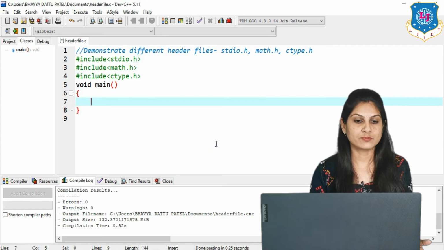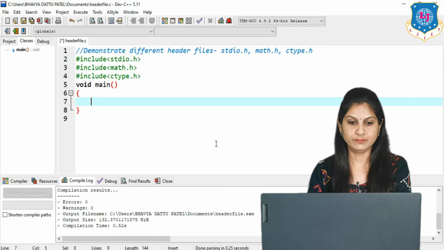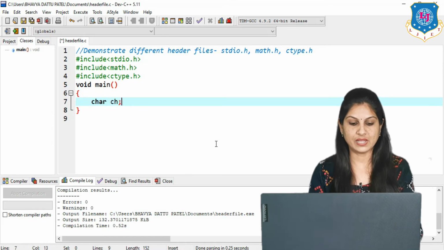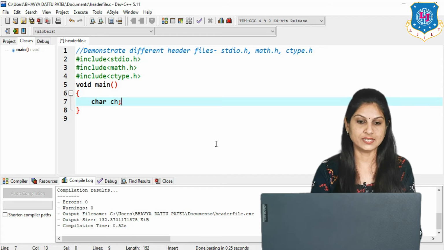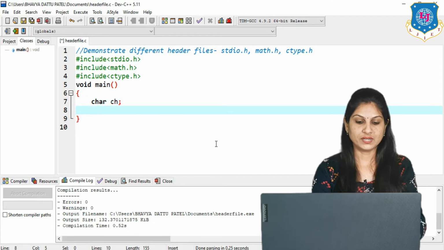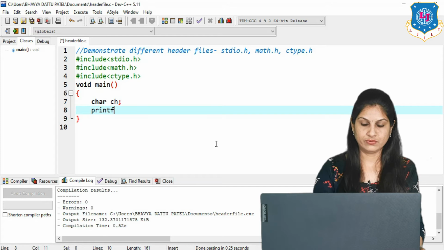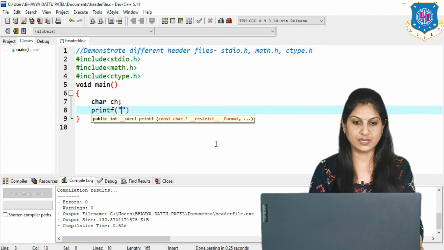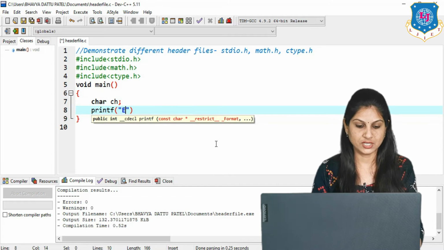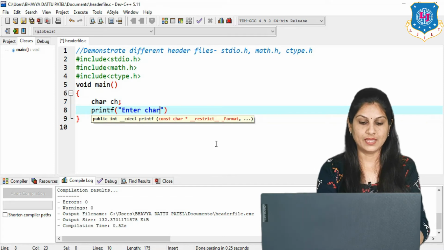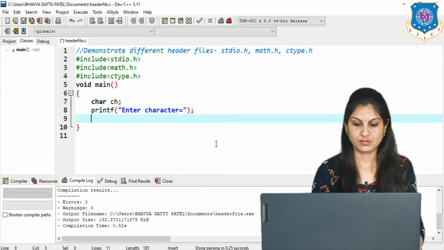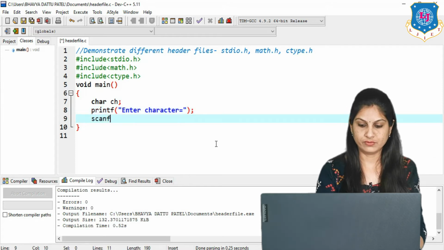So remove all this part from our program and start with a character data type, and suppose I have taken one variable ch. Now read the data using printf and scanf. I have taken one variable ch and print the message enter character. Read the data using scanf.